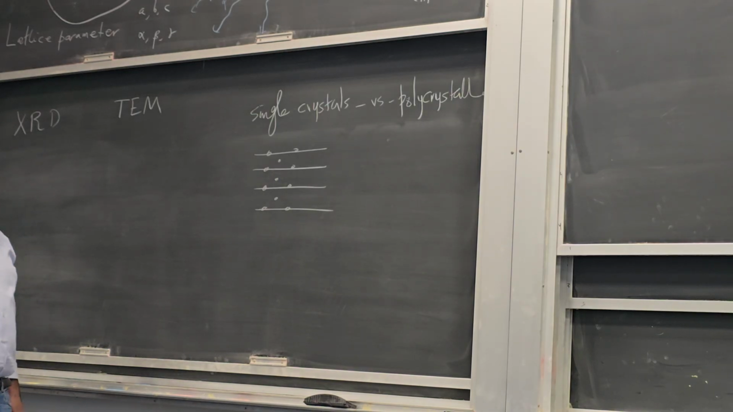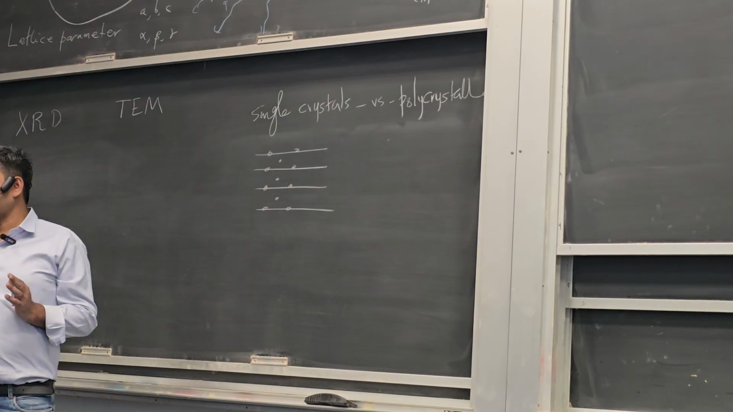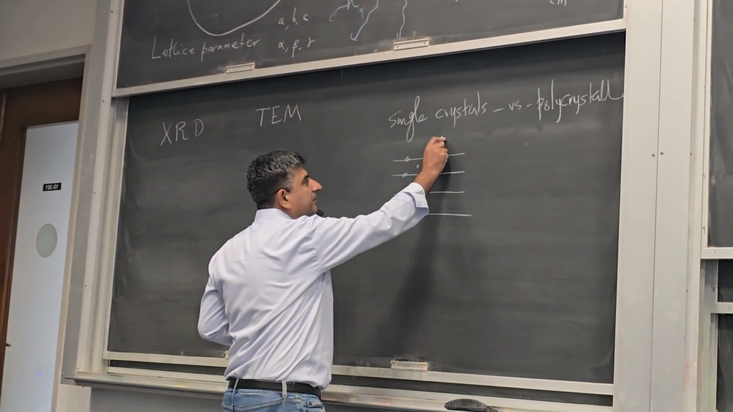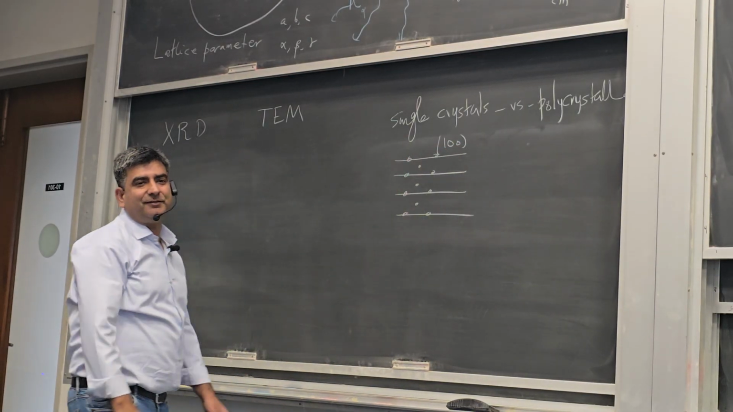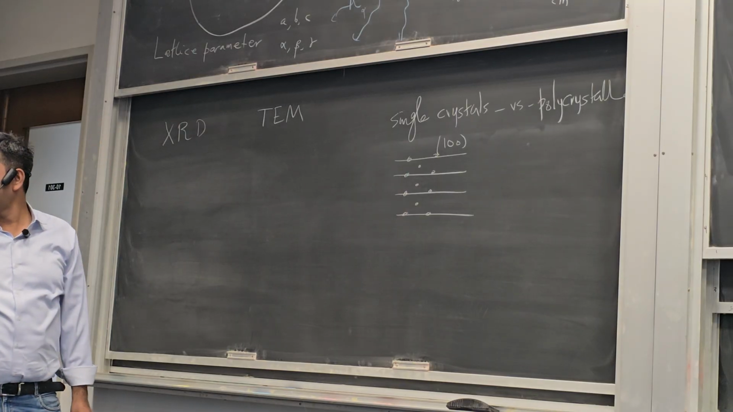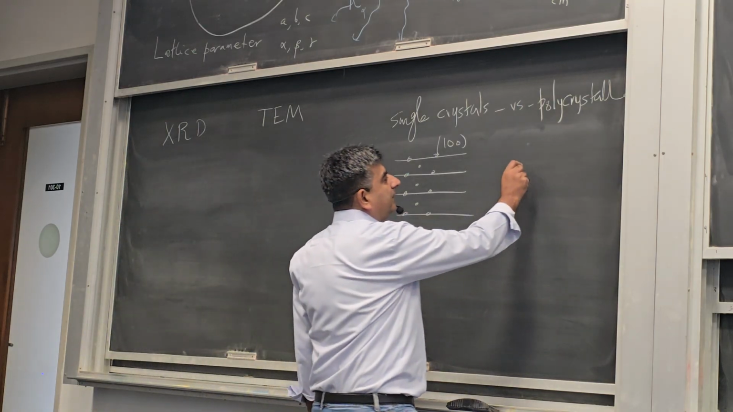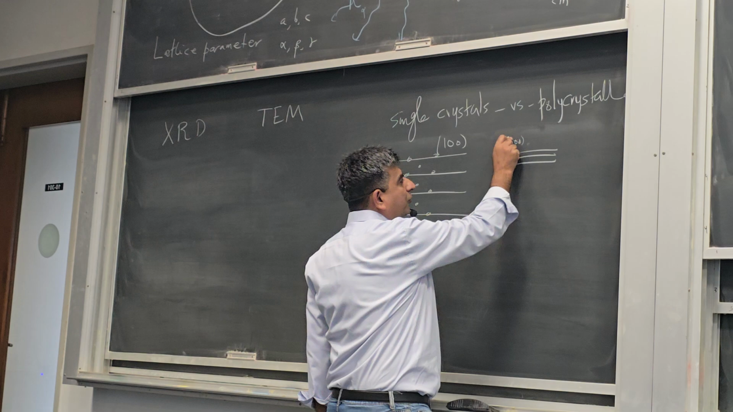In a polycrystalline material, there are many small crystallites. So these, for example, are the 1, 0, 0 planes, and all of them are neatly aligned with one another. All right. Now, in a polycrystalline material, you could have 1, 0, 0 planes that are oriented here, but then